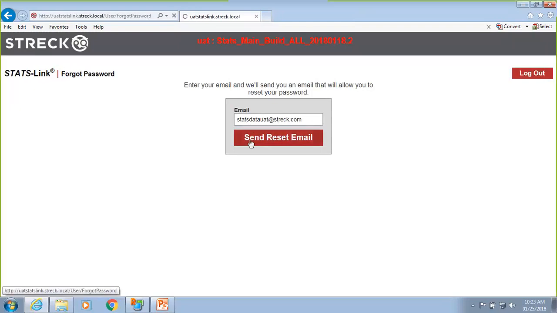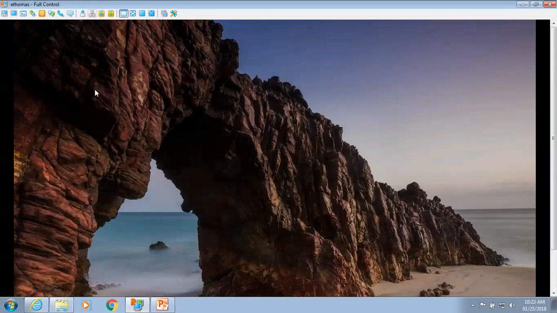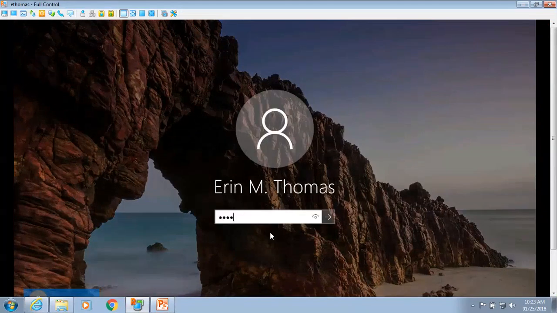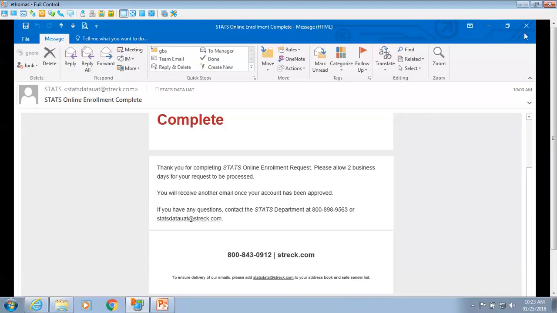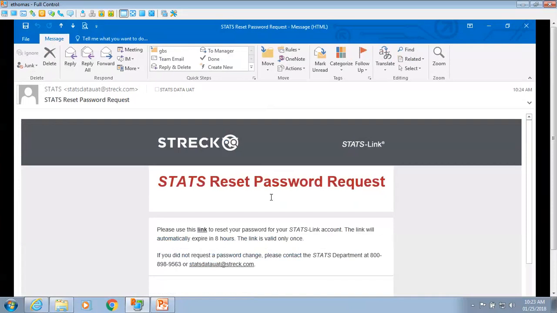In our old system, this was one of the primary calls that people struggled with, when passwords were forgotten and how to change that. And we feel we've done a really good job of making this intuitive and very easy to obtain your password if it's forgotten. All right, so we'll go back to the inbox here, and you'll see that the stats password